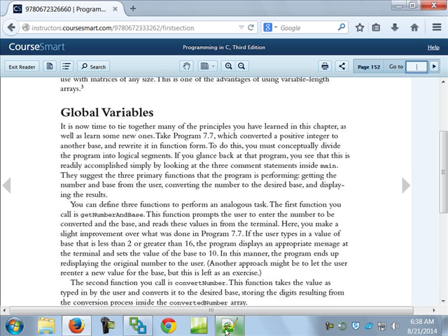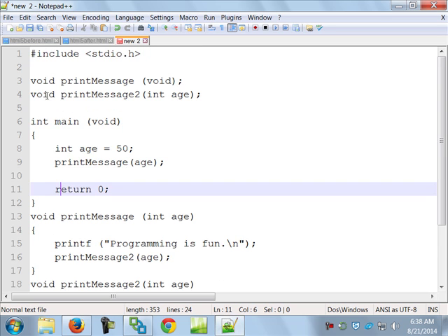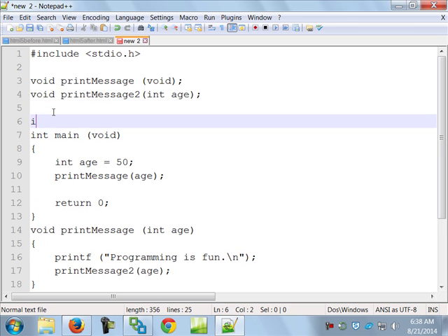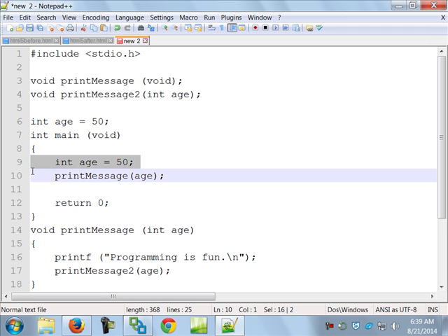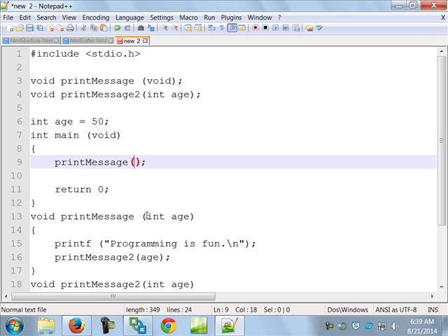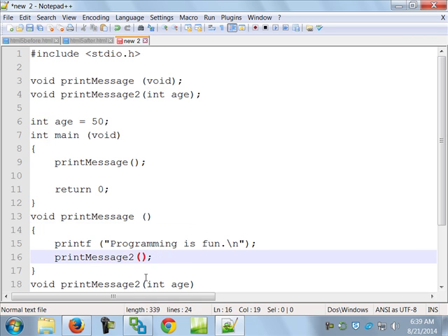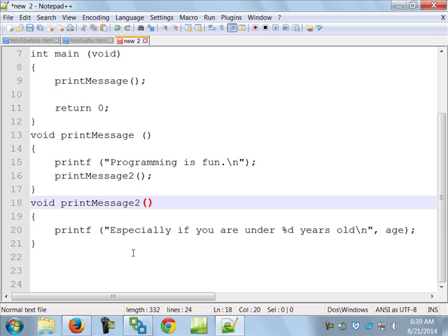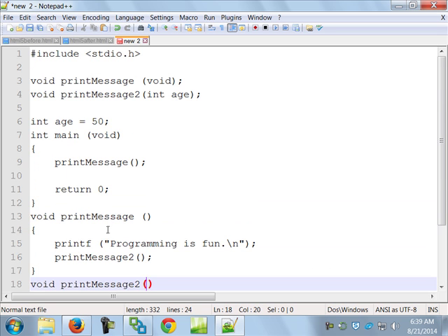Global variables, just so you know the way global variables are set up in here: if I define a variable at the top of my program, before any function, so if I say int age = 50, then of course I wouldn't define age inside a function. I don't even have to pass it here, so I don't need it here, or here, or here. Why? Because if it's defined outside of any function in the program, it's considered global to the program. Now, it's even possible that other programs may be able to use this variable, and that's not very well done.